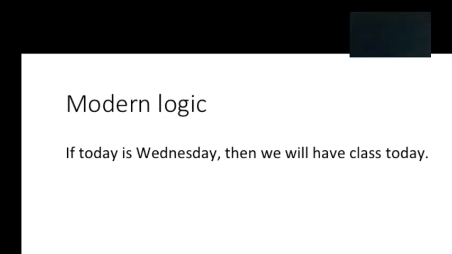Okay, that is a simple example of the kind of thing you might say in modern logic. That's a proposition. It's either true or false, that if today is Wednesday, we'll have class today. And it's based not on quantifiers, all, some, none, or some not, but on one of 5 logical operators. The operator here is called an if-then operator, and that's because you can see that that's what it is because it has an if and a then in the statement. We're going to look at 5 logical operators. They're going to include and, or, not, if-then, if and only if.